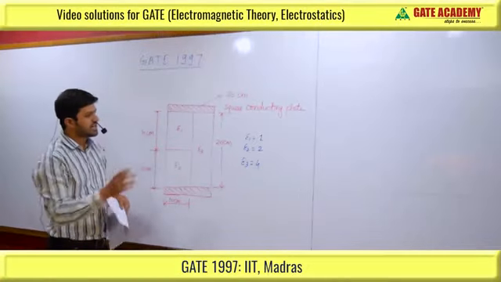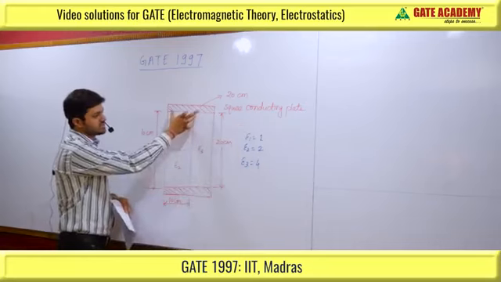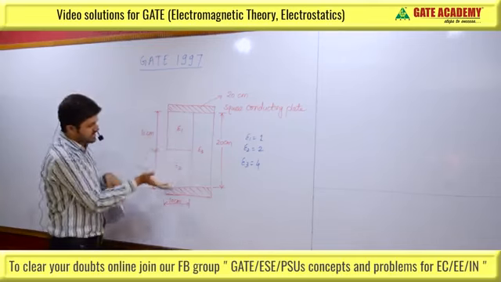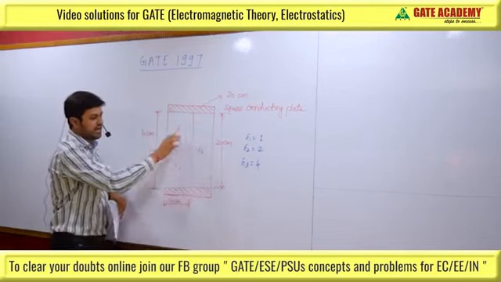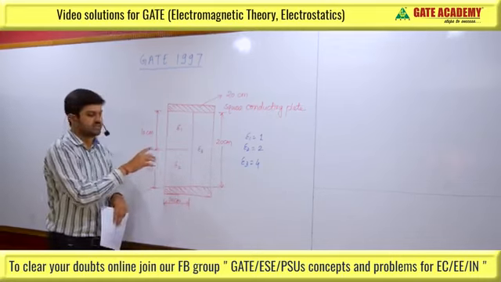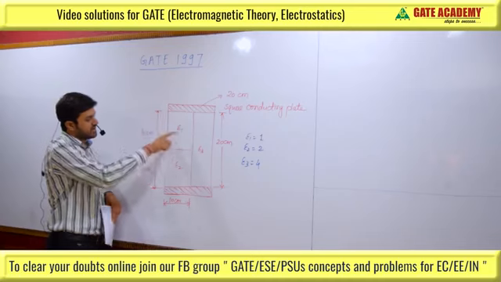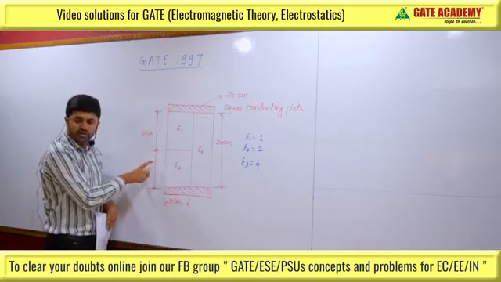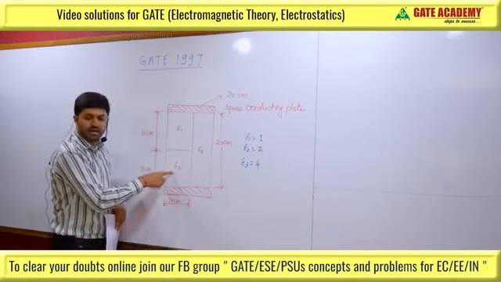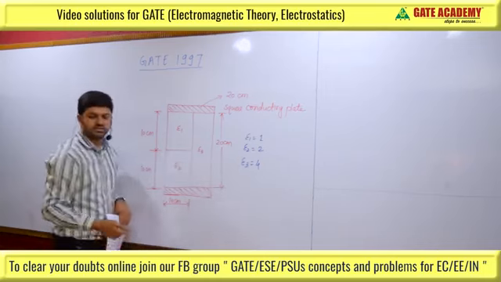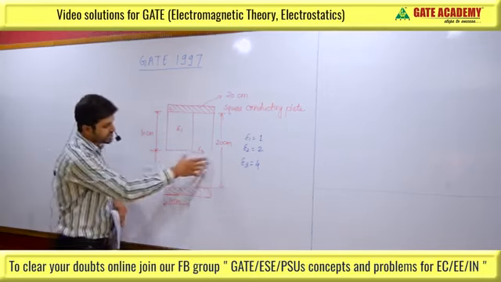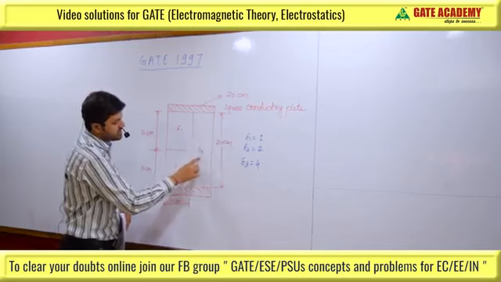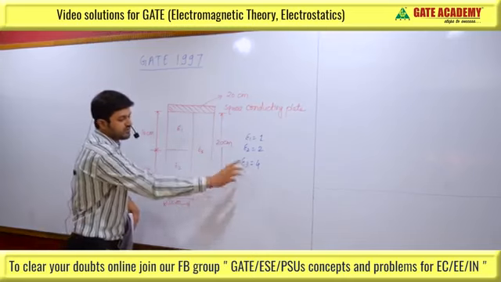So in this figure it is given that there are two square conducting plates, and its side is 20 centimeter and the distance between the plates is 20 centimeter, and it is divided into three different dielectric regions. Up to 10 centimeter it is epsilon 1, which is having dielectric constant as 1, and for the next 10 centimeter it is divided by the dielectric constant having epsilon r equal to 2. And the half portion of this plate is defined as permittivity 4.